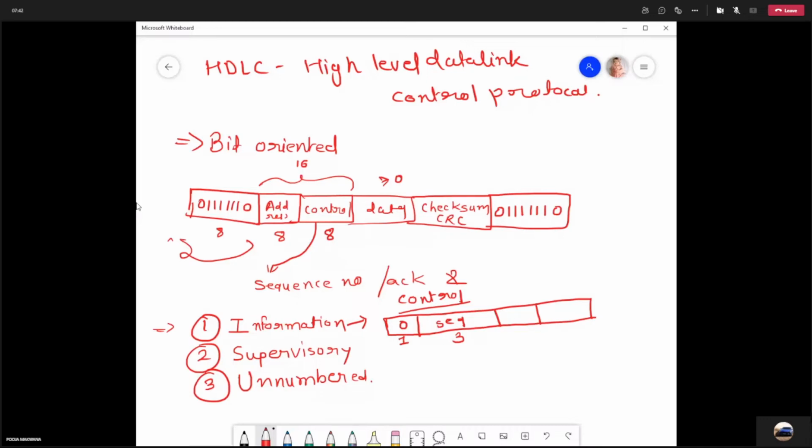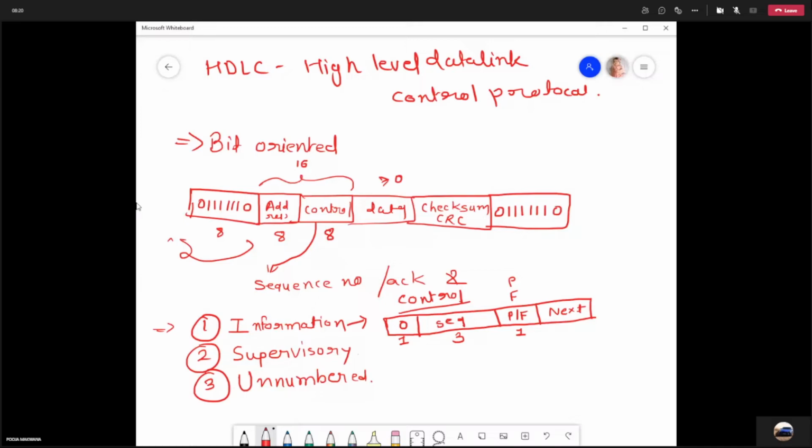Then there is 1 bit for the poll or final bit. If the final frame is there, it will be set to final, otherwise it will be set to poll. And then the next field is used for piggybacking of the acknowledgement. So this is the information frame, and then we have the supervisory frame.